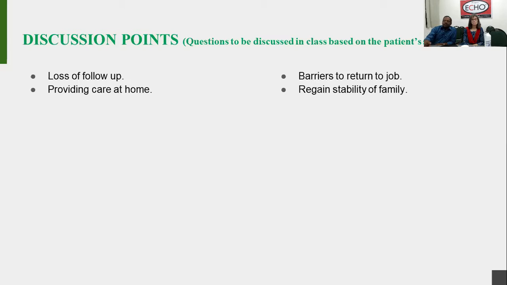And thereby the patient will be benefited because you have started something and you have attained something. Then after going home, if that is not followed up, the patient's condition is going to deteriorate. So if you make these people also aware about what to do and things like that, then the patient's condition may gradually improve. That's what I have to tell about the follow-up and providing care at home by palliative care teams.